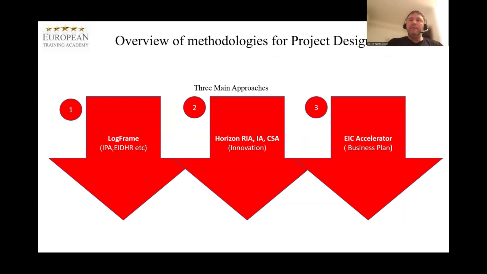3 main design logics, methodologies for project proposal writing, or I would rather phrase it as project design. The first one is log frame. It's widely used in the external aid programs, the 3rd pillar of the EU programs. And it's the core of international aid, USAID, for example, and so on. So this methodology addresses